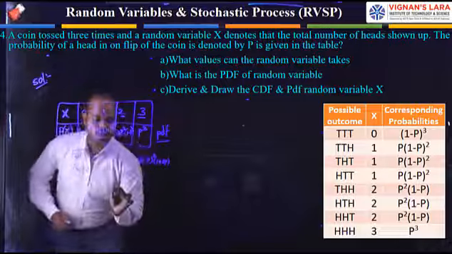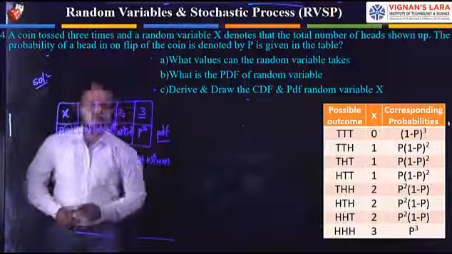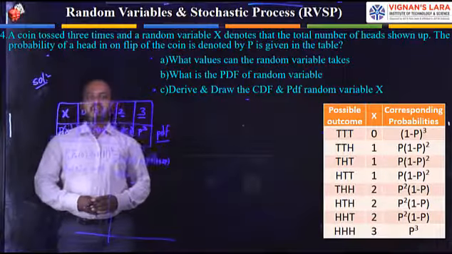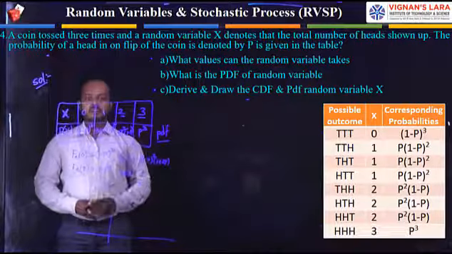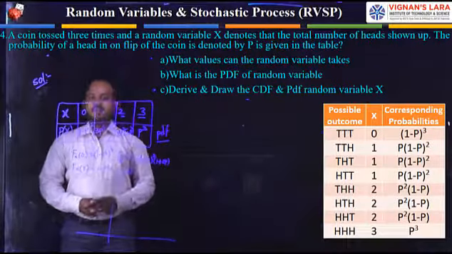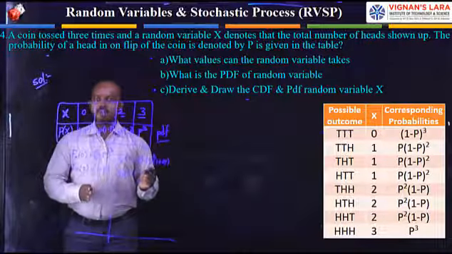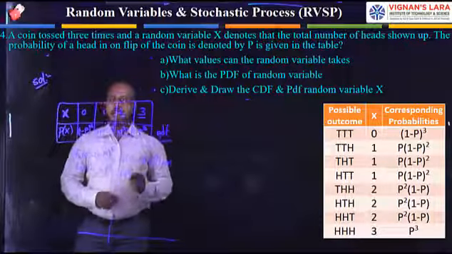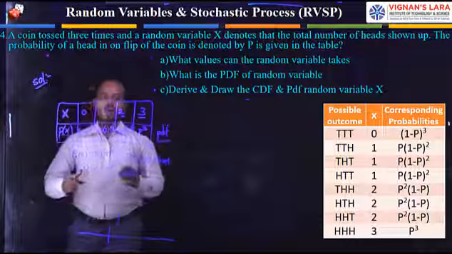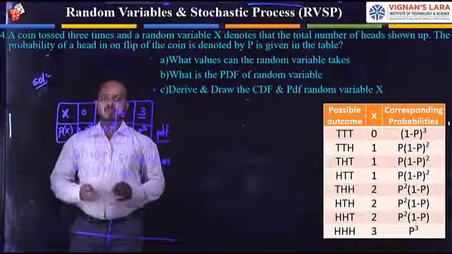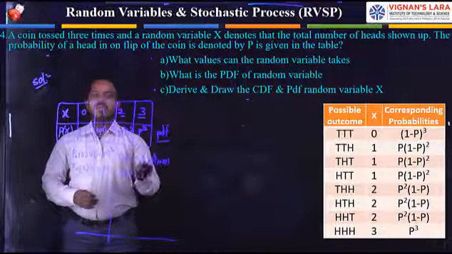Here I am taking the graph, the horizontal axis and vertical axis. Here the random variable is a discrete random variable. The graphical representation of a probability distribution function is in stair step form. Now I am representing the probability distribution, that means the cumulative distribution function of the given data.